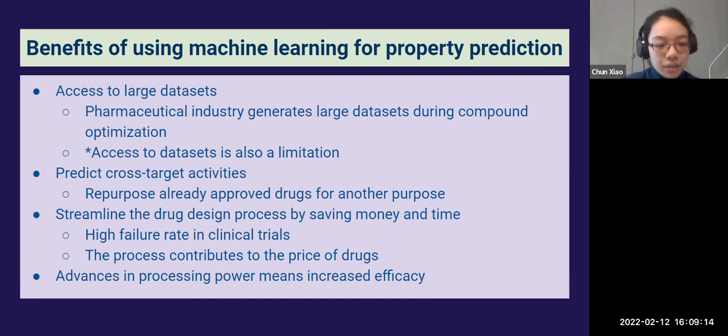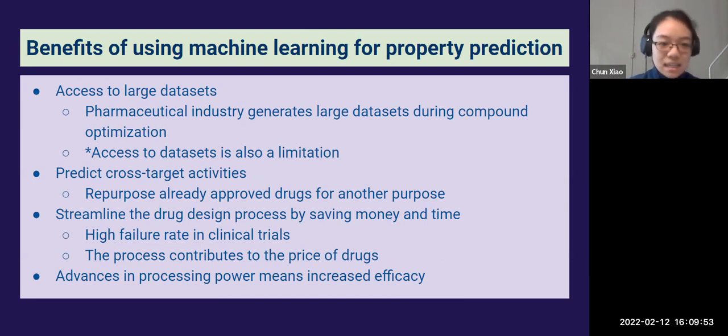So third, we can streamline the drug design process by saving money and time. As I mentioned previously, the current state of how drugs are designed is using high throughput screening. And this uses a lot of resources and it takes a lot of time. As you can imagine, you have to process millions of samples every day. And this takes a lot of resources and is very costly. So if you can use machine learning to visualize the properties of a drug that you're going to make, then you can screen for those drugs that are likely to be successful and thus decrease the expenses